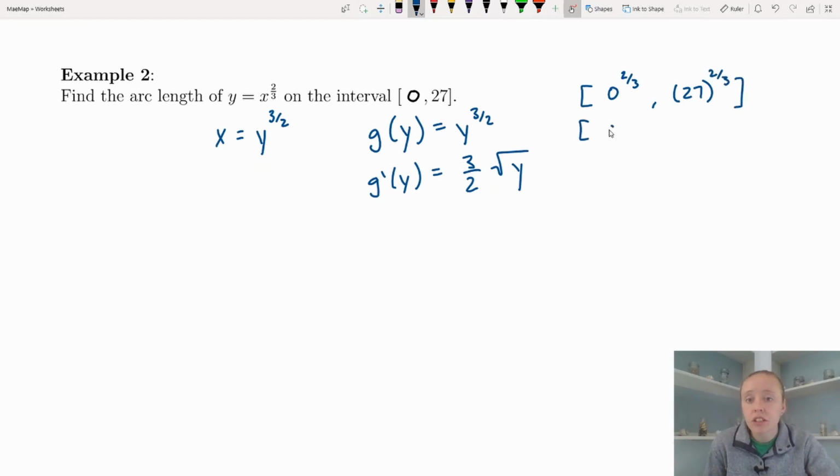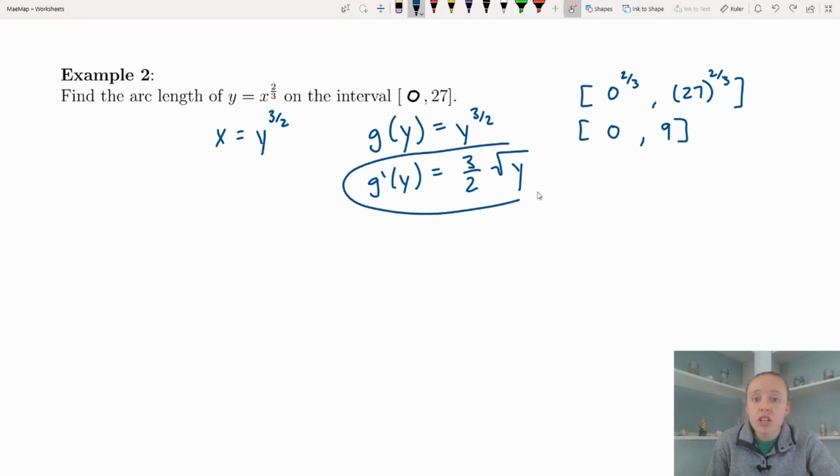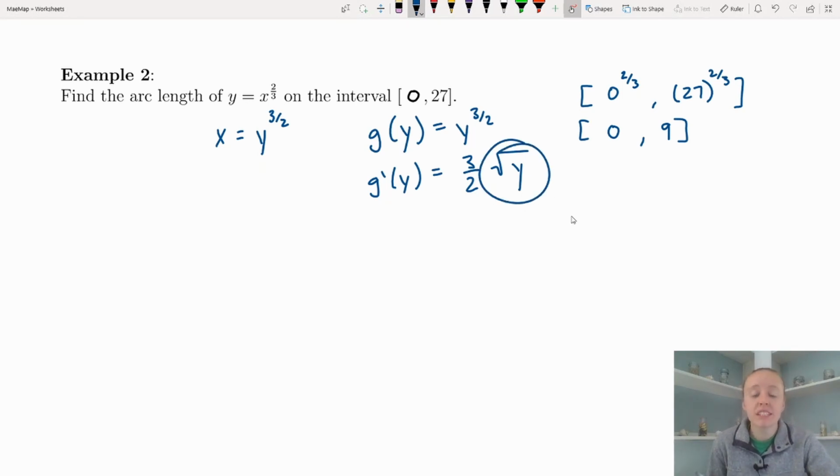0 to the 2/3 is going to be 0, and 27 to the 2/3, taking the cube root of 27 is 3, and then squaring that gives us 9. So our bounds are from 0 to 9. And we need to ask ourselves, when is g prime of y not continuous? That's when we have negative numbers, because we can't take the square root of a negative without it being imaginary. So looking at this, we don't have any negative numbers in our interval, so we know that we are indeed